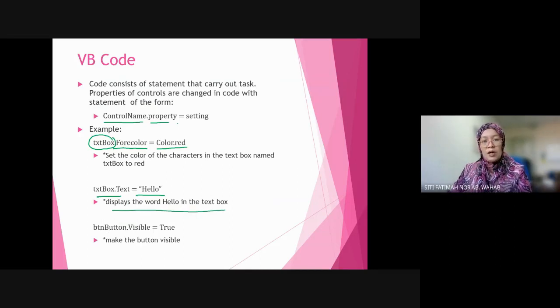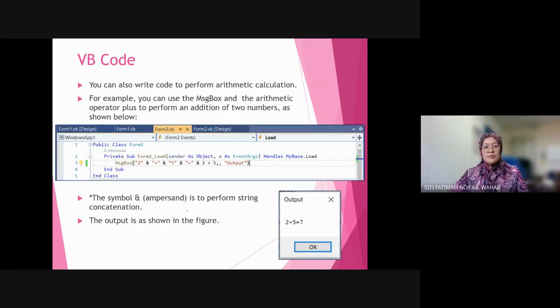And then we already learned this to make the object visible or not, disappear or appear. So appear visible means dot visible equal to true. So the button will be visible to the user. You can also ask your program to perform arithmetic calculation. For example, you can use the message box and the arithmetic operator plus to perform an addition of two numbers